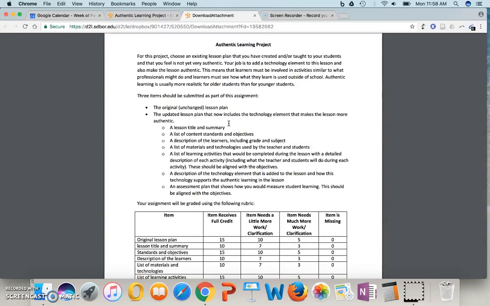So that will include a lesson title and summary, a list of content standards and objectives, a description of the learners, including grade and subject. So this is going beyond what, if you're a classroom teacher, you probably do each day. You probably don't have this detailed of a lesson plan to go on, but just think about if